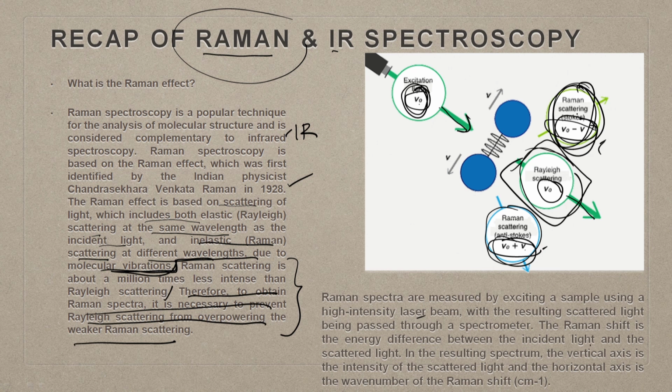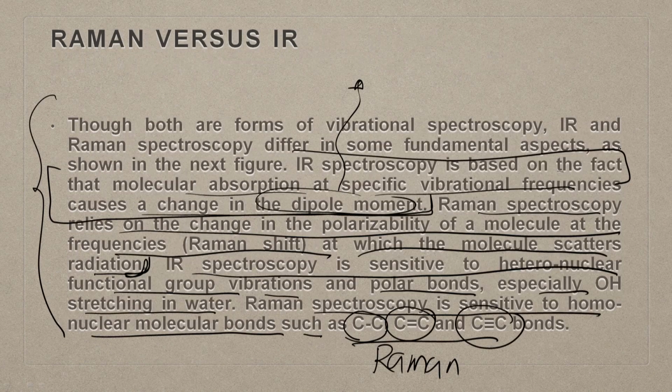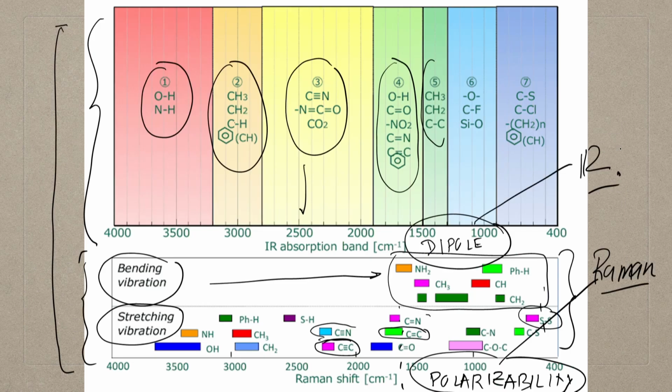So, there is an anti-Stokes which is basically adding it up, and there is a Stokes which is subtraction, V0 minus V. Okay. And then we talk about the IR spectra. So, this is overall what we talk about, and one more thing worth remembering is